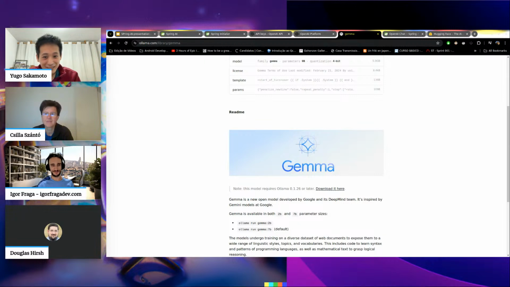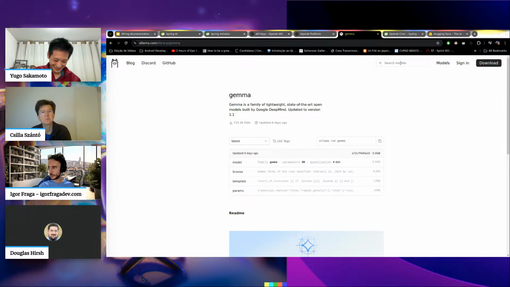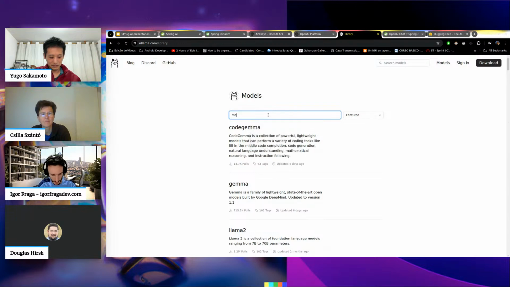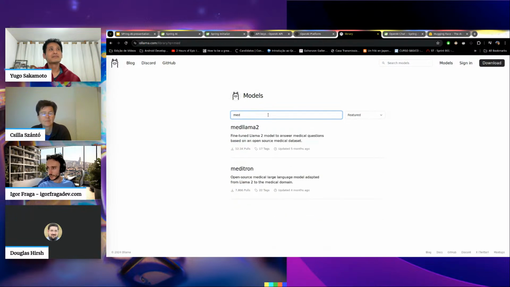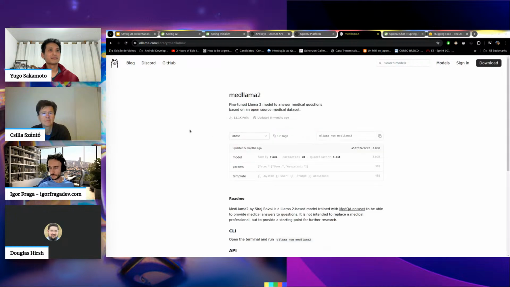Go ahead, Igor. Even talking about heat in your processor, when I was running this MAD Llama 2 model yesterday, on the 12th generation of i7 with a water cooler, it was hitting pretty high, 70 degrees.